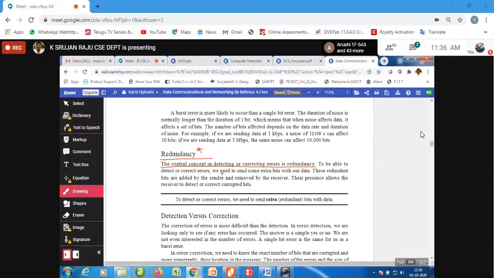When you want to verify it, you have to send some extra bits of information. By using these redundancy bits only, we are able to detect and correct errors. So we need to send some extra bits with our data.